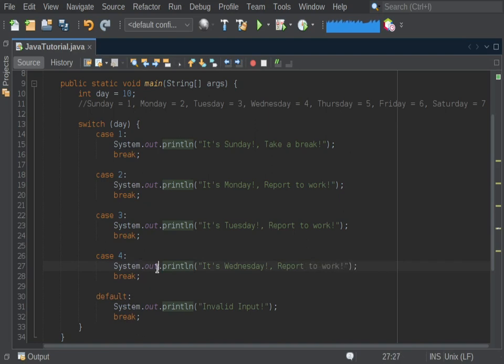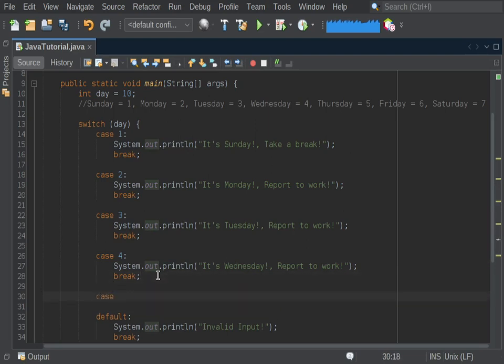Very good. So that's Wednesday. So let's go to case number 5. Case 5, colon, finalize with a break. So within that, let's write our block of code. System.out.println